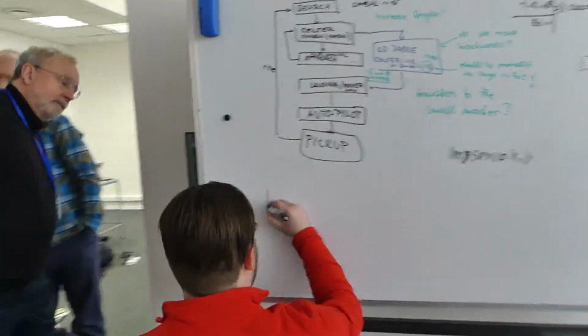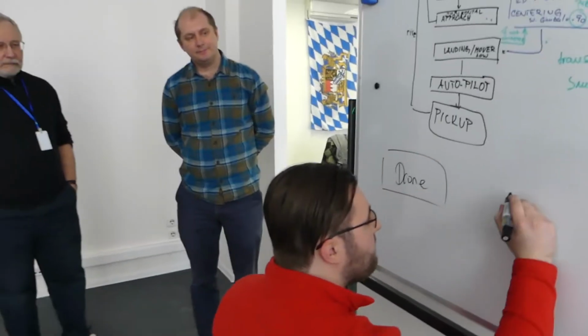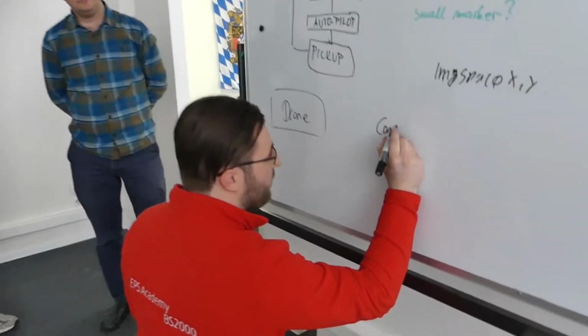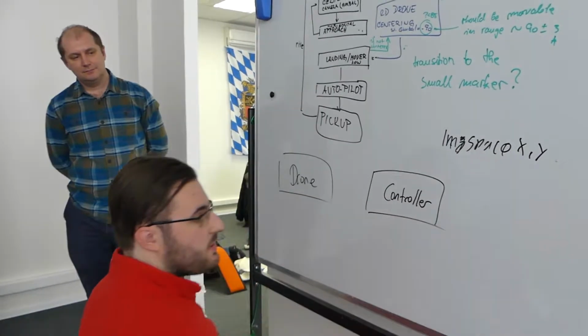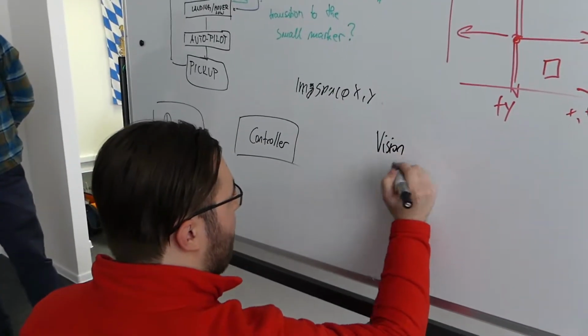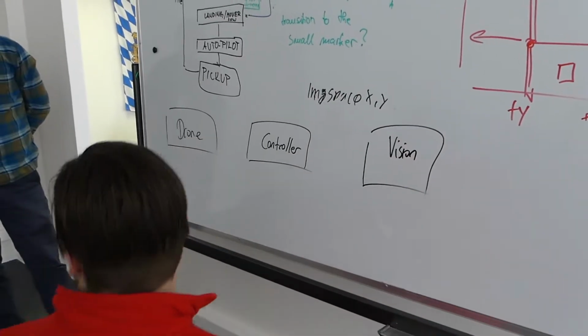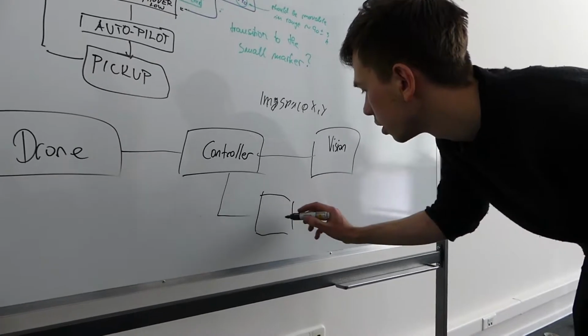Yeah, so the design is actually pretty straightforward. It is the same state machine that you've seen yesterday. So the main three systems that we have are our drone, our state machine, which I will just for now call controller, but it is implemented using a state machine, and then we have our vision, which is implemented using OpenCV. We have the Duckiebot, which